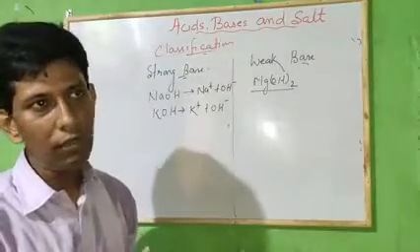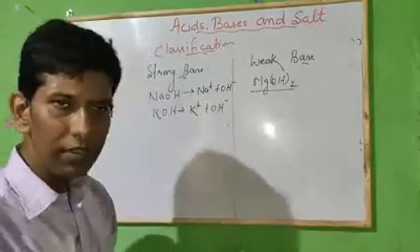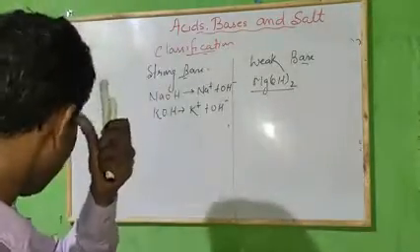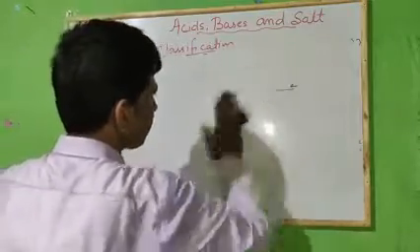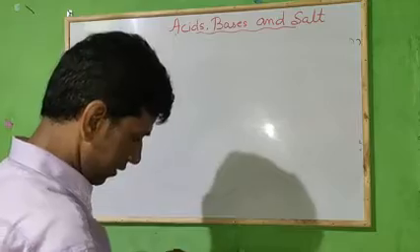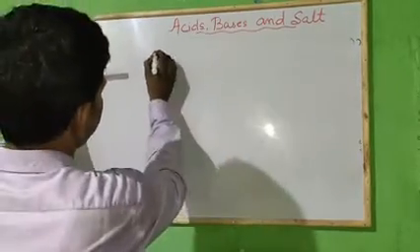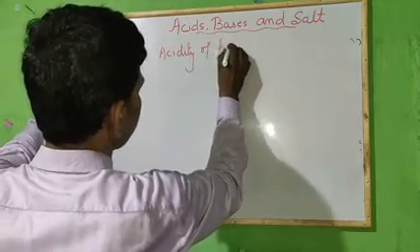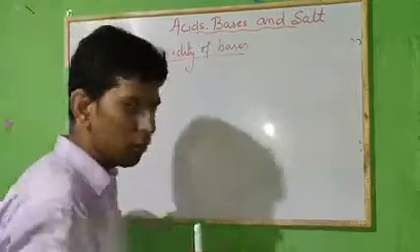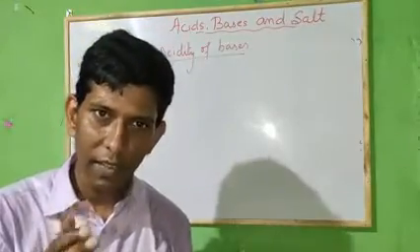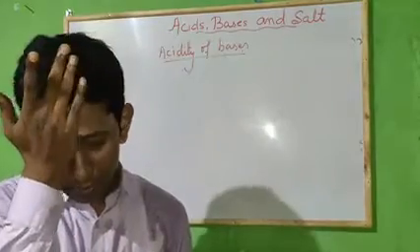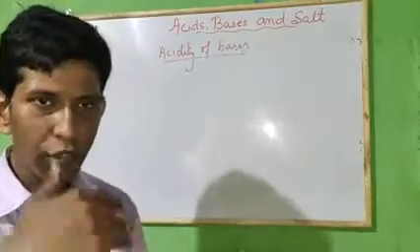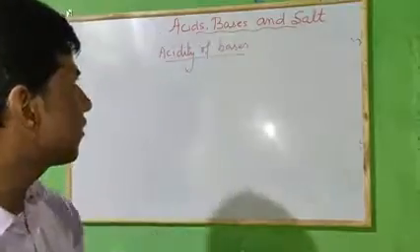And previously we saw the classification based on solubility, water soluble and insoluble. Now the next thing we have to study about bases is the acidity of bases. First of all, let me clear what I have explained right now, that bases are those chemical substances that release OH minus ion in their aqueous solution. Depending upon how many OH minus ions are released in the aqueous solution, we can determine its acidity.